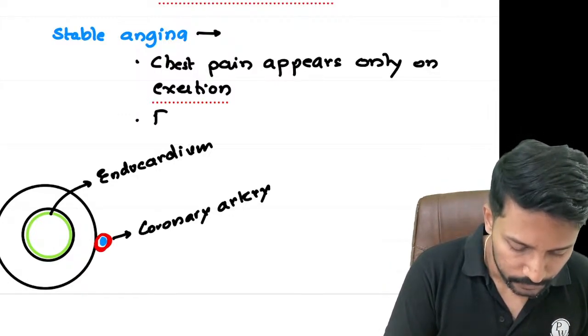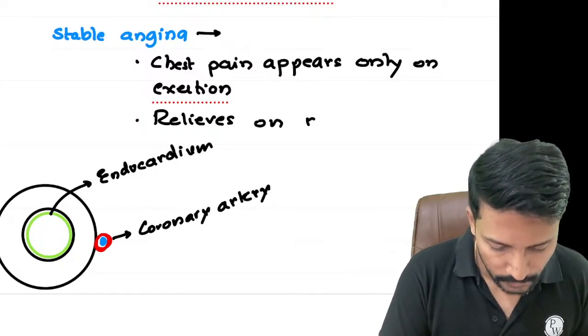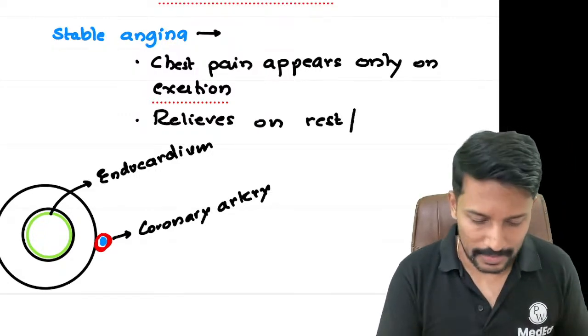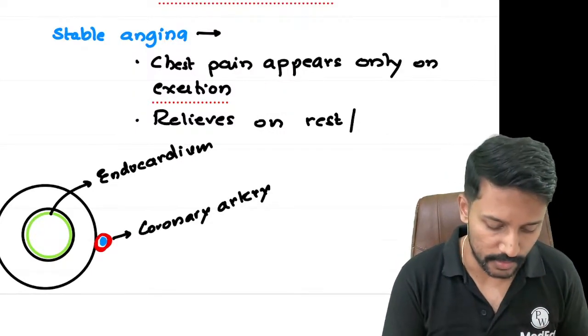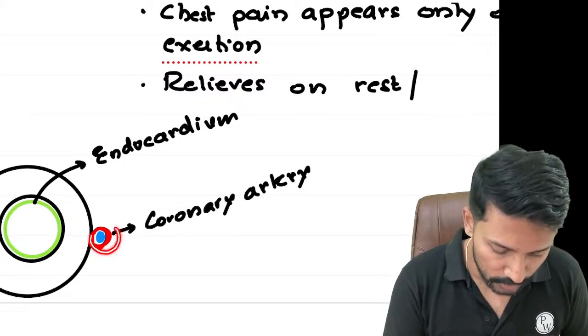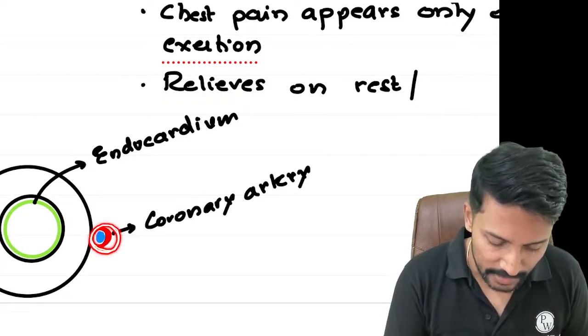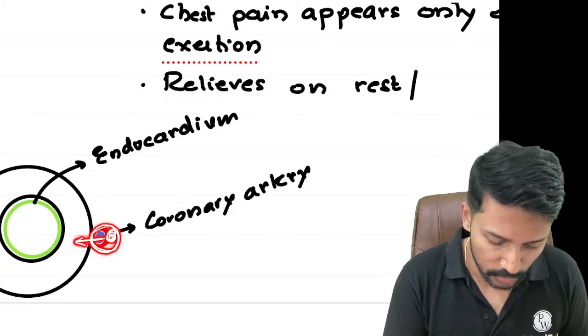So chest pain relieves on taking rest, or instead of taking rest, if I give a nitrate. What is nitrate? Nitrates cause vasodilatation. So now I have a blocked coronary artery, right? But if I give a nitrate, the coronary vessel becomes dilated. So even if there is a small block, I may be able to give blood supply because the coronary artery